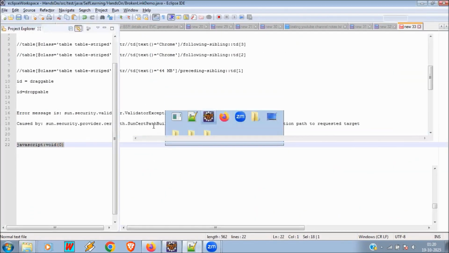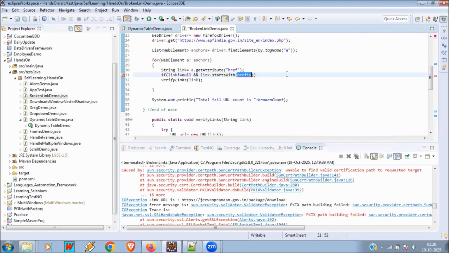Such URLs are wrong, so we need not check those URLs. So that's why we are mentioning it here. Under the string we will mention it. If the URL starts with this,